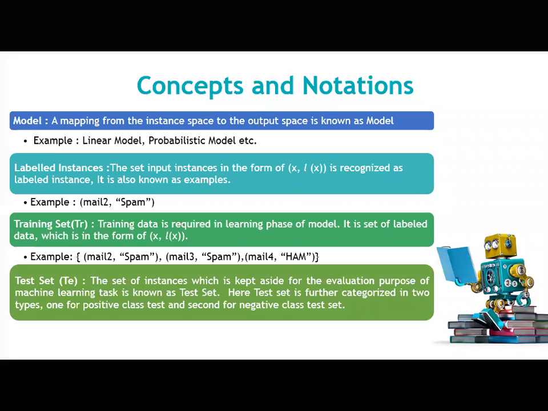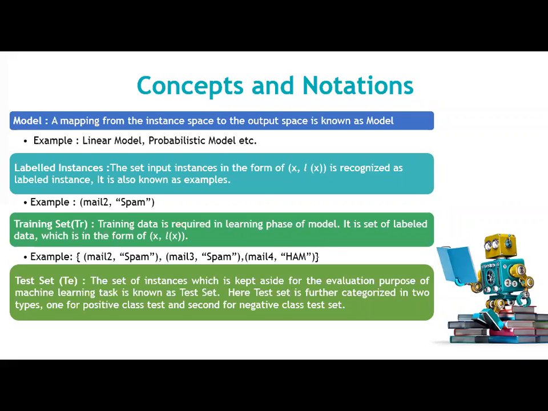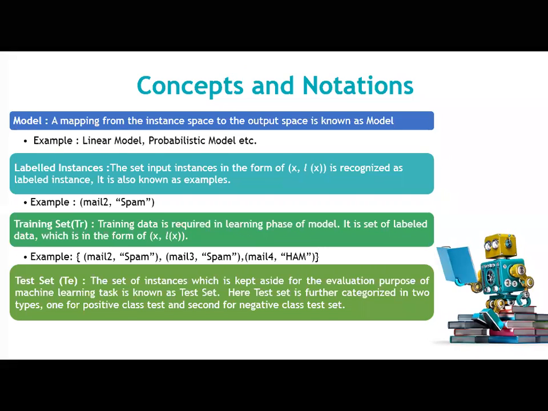As I told you, in the training phase we have to deal with the evaluation of the algorithm. So for the training set, we are going to divide the data into two parts, a training part and a testing part. Using which method? Cross validation methods that we studied in the first unit. If we have 10 instances, 1 part will be considered as your test set and 9 parts will be considered as your training set. So this is what the test set is: the set of instances which we have kept aside for evaluation purposes.